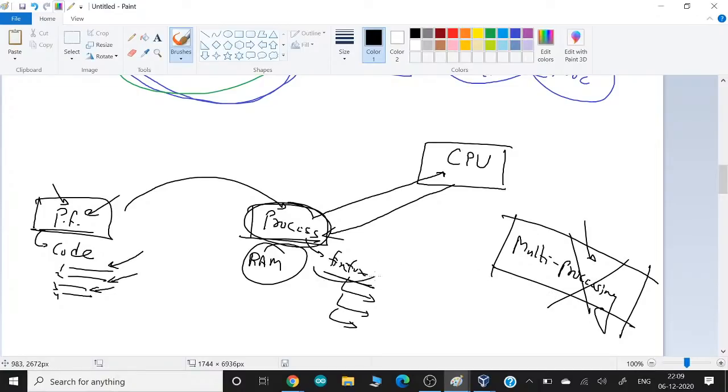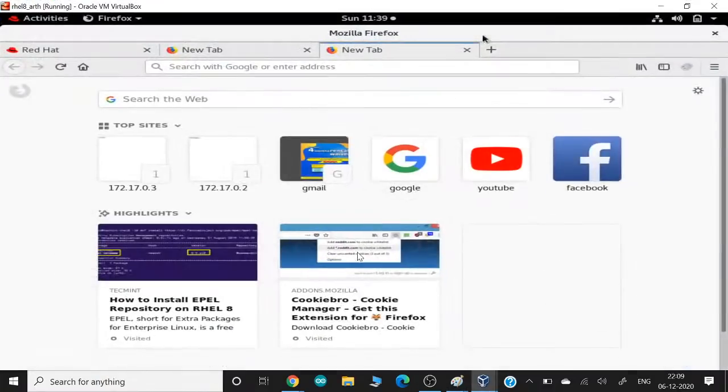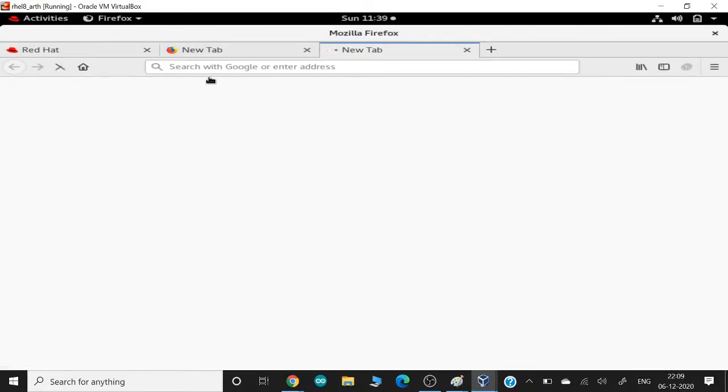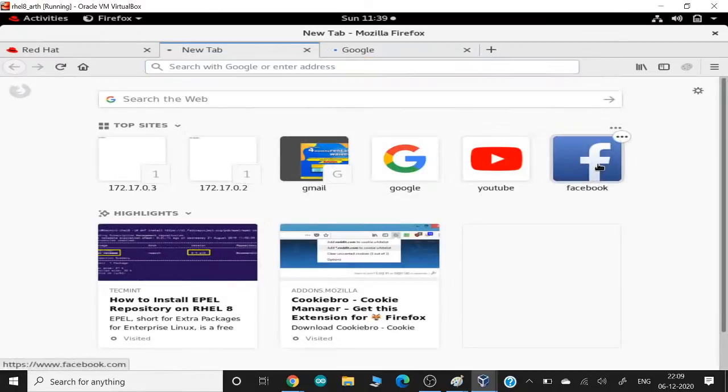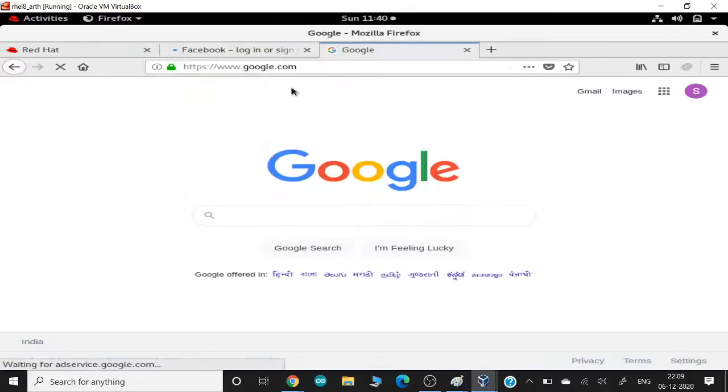But if you have one program running, for example, Firefox is doing lots of things for you. For example, they might be using Google, and at the same time I can also access Facebook. So one process is doing multiple things in parallel here. Both things are working in parallel. It means this one single process is sending all the requests to the CPU, and the CPU is running all the requests in parallel. So it's obvious, guys, this process is running